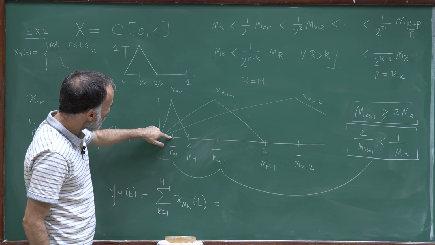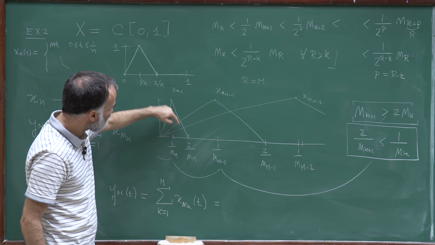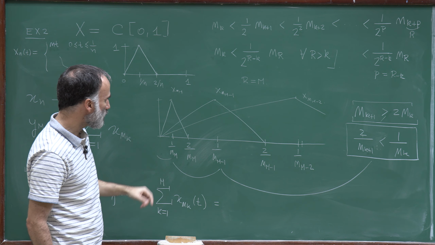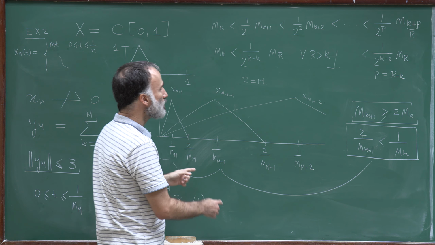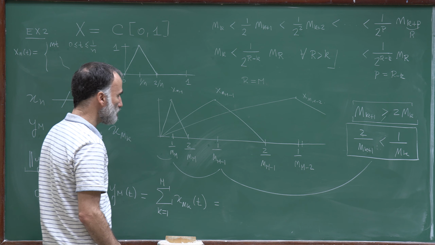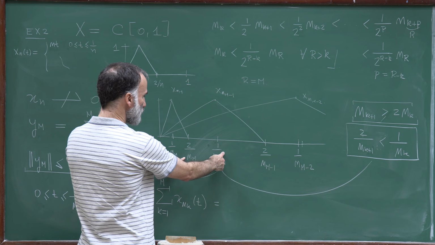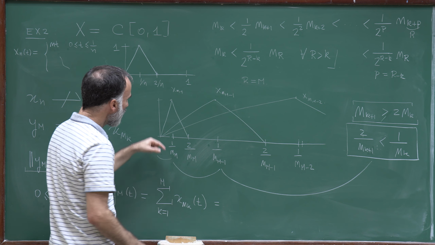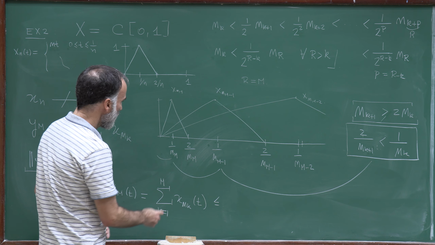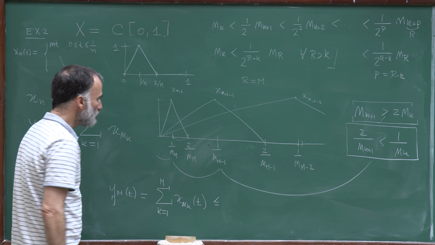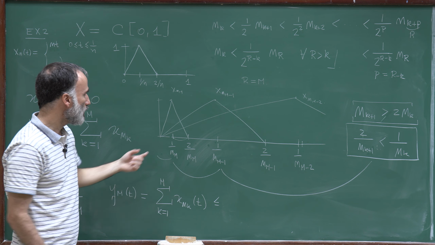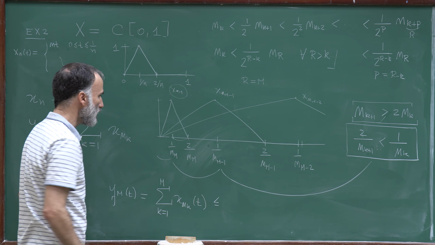Well, in this interval, there is this first piece, which is a decreasing piece, while all the other ones are increasing pieces, exactly because I assumed that this quantity is larger than this one. So since this quantity is larger than this one, I have only a piece which is decreasing. So what I will do is that, if t belongs to this interval, I will just bound the value of the first function, x_{n_m}, by 1.